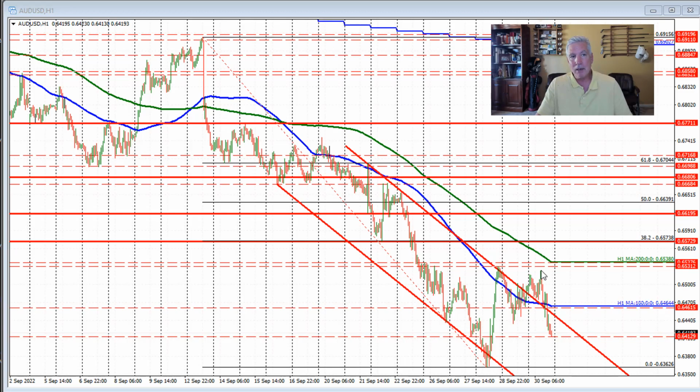we saw increased buying into the Asian and to the London session. That was helped by holding of the underside of this trend line right here, so the buyers had their shot. But where did they fail? They failed to get back above this swing area right here, and also failed to get above the falling 200-hour moving average. So although the buyers were making a play, they could not follow through and get above the next technical levels to get this pair outside of the bearish quagmire.